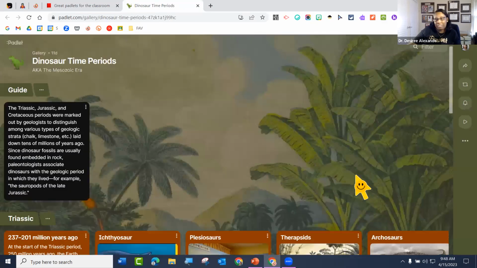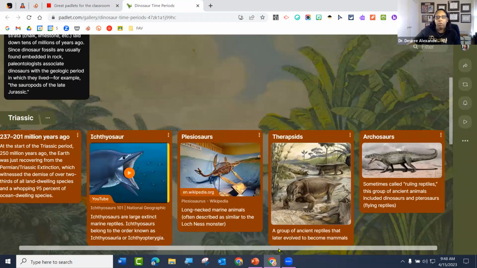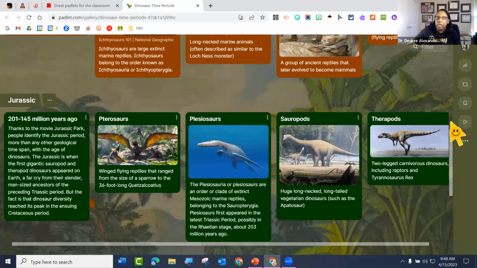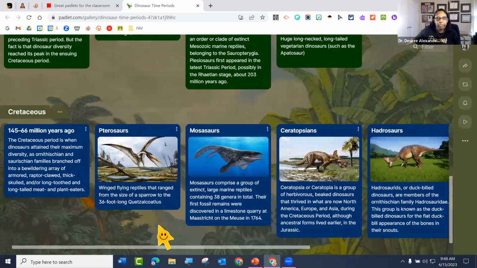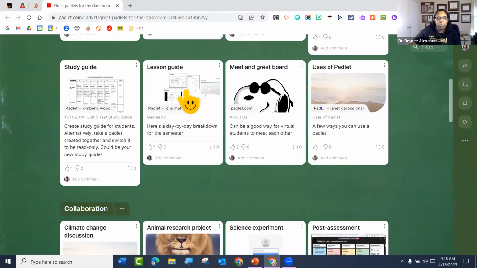Dinosaur timeline. Now we can see a timeline, and this person is actually using the beta because they have a timeline with sections. So this is a timeline, and you see that it's a more interactive timeline, right? You can put pictures and videos and all the things I just showed you, you can put in a Padlet, you can put in your timeline. So there you go. Again, just quick examples. I'm going to move on to